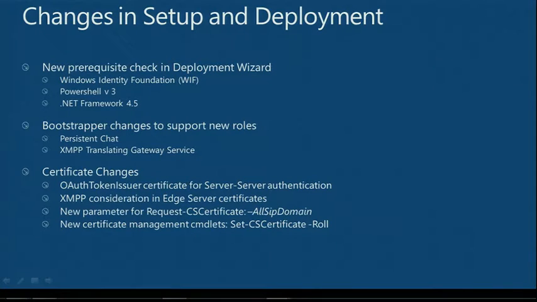There are some prereqs that we require for Lync Server 2013. One of them is called Windows Identity Foundation and the .NET Framework 4.5. These are part of the security updates and some of the areas around open authentication that we'll talk a little bit more about later. We also use PowerShell version 3.0, so we can enable remote PowerShell for the commandlets used to operate and configure